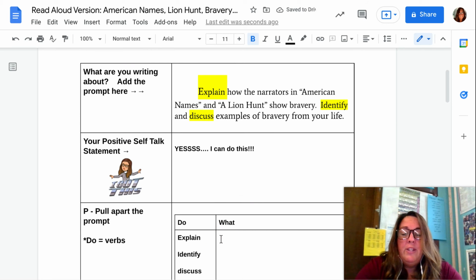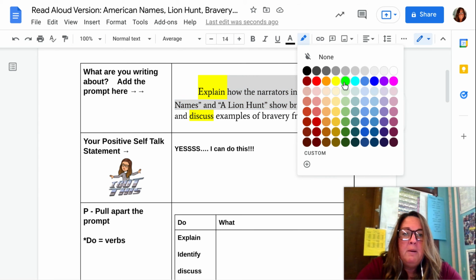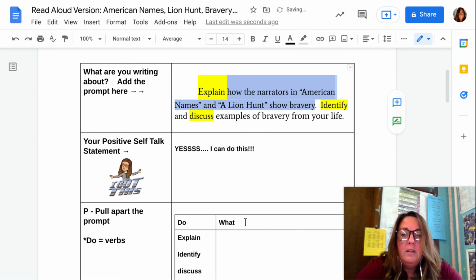The what is everything else after the verb. So for explain, the what becomes how the narrators in American Names and a Lion Hunt show bravery. I'm going to make those purple. Okay, do what?